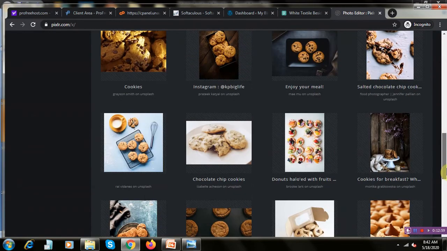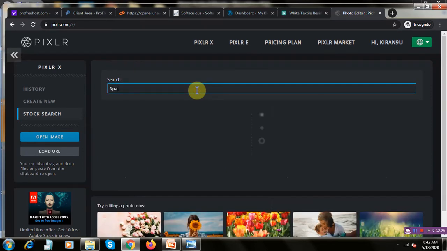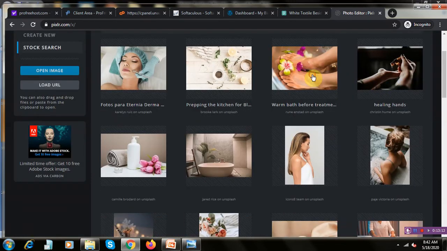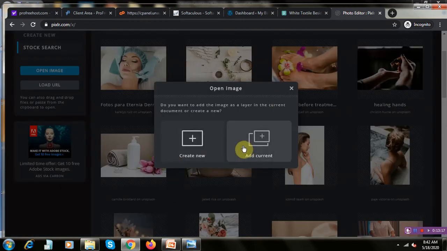So you can use any of these. Most of them are chocolates, or you can search for spa. Yeah, you can have this as well. So add an image. So there are a lot of things that you can do in Pixlr.